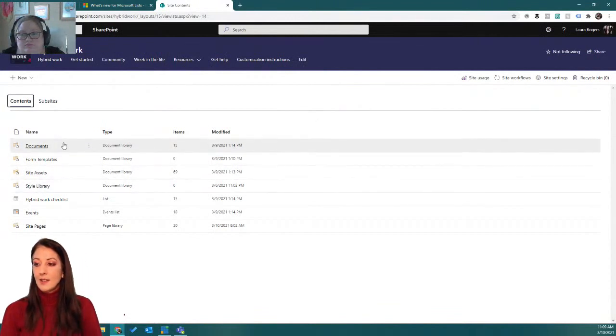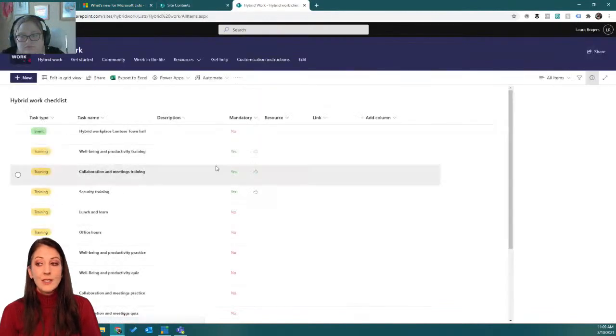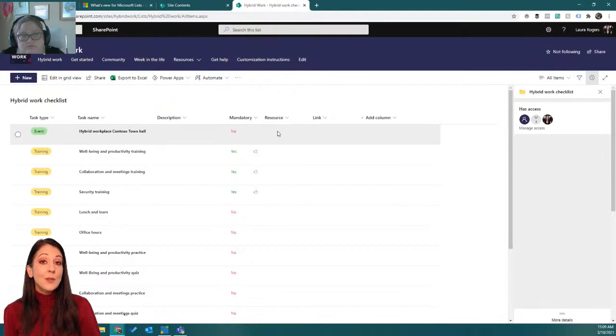And look, see, it's not much. You have a few documents. You have this checklist, which will be displayed on one of the pages. It's just a SharePoint list. And you have a bunch of site pages. So let's just go look at this checklist real quick, because